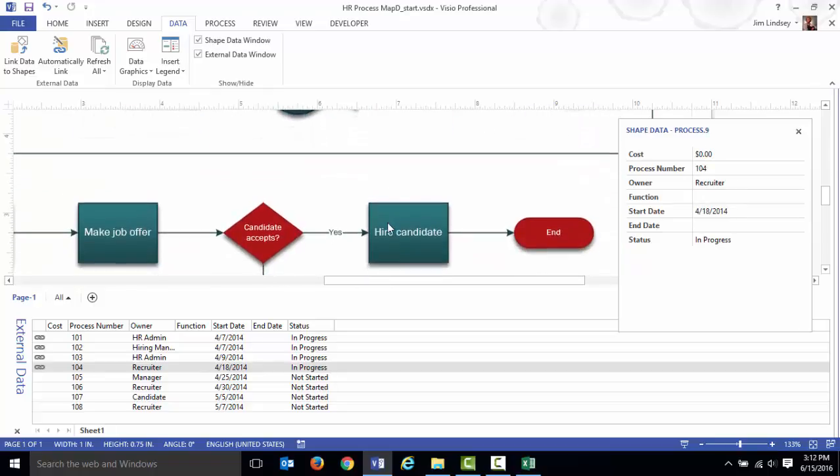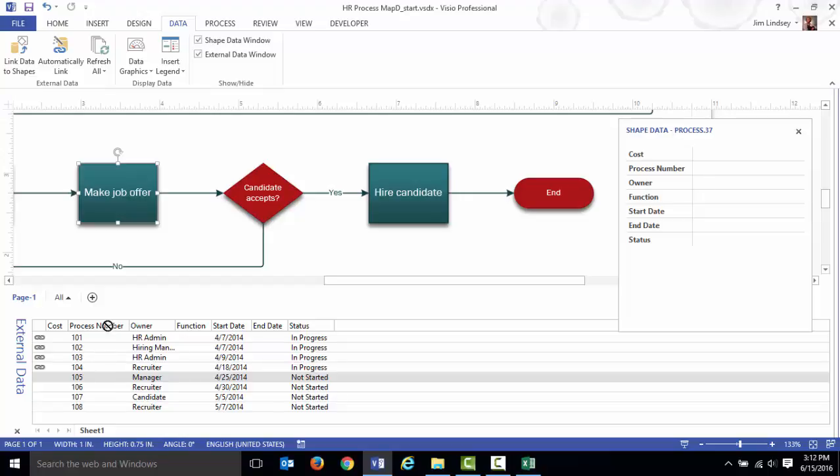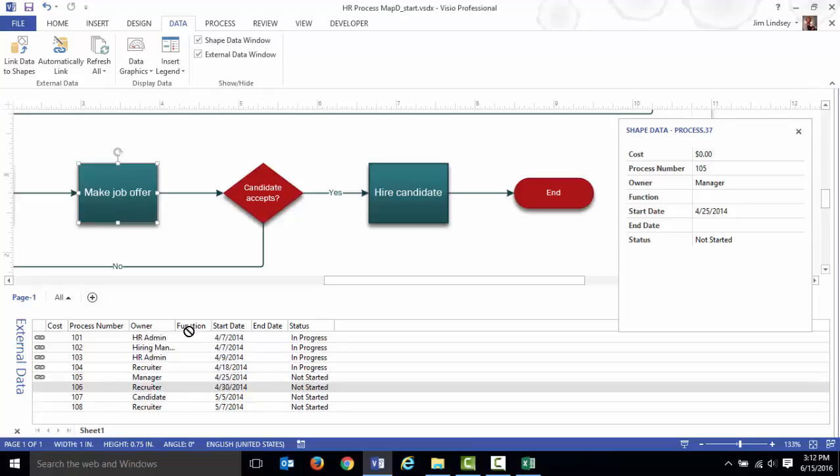Let me come down here to the second row. You'll see, make a job offer, there's nothing there yet. But if I drag and drop this 105 to that shape and drop it, that information appears. And so I have to do the same thing for 106,